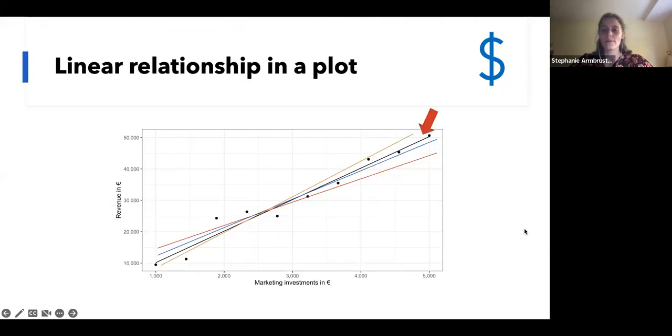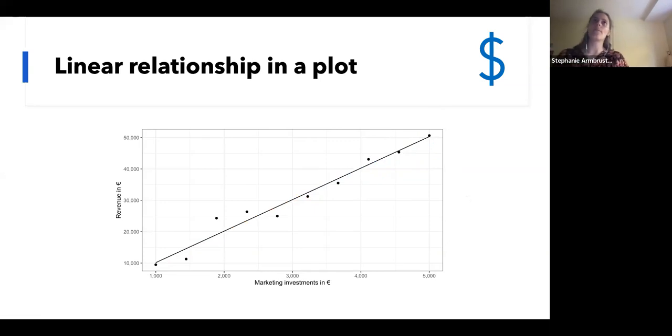Which one is the right one? And the black one here, that's actually the right one. And why is it the right one? So we always, as I said, try to find a relationship that describes the underlying